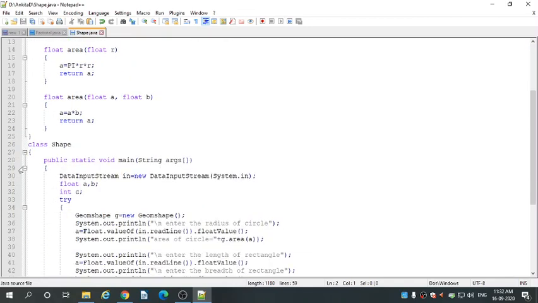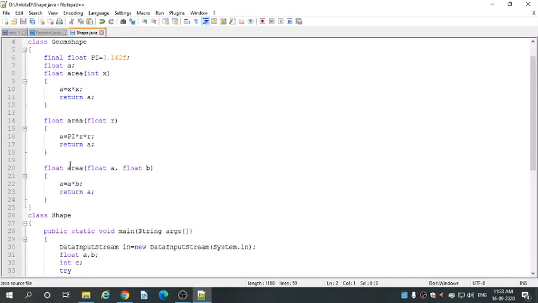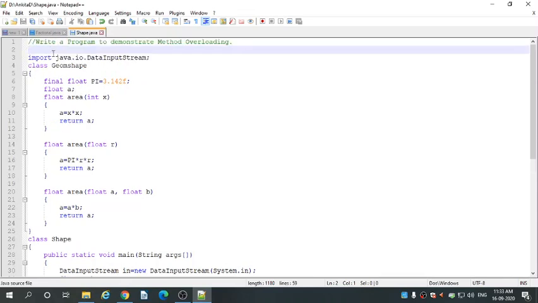And in the second class, we declared public static void main. This is the main method, so class shape is the main class in this program. From this shape class, we are going to call the functions which we have declared in our class geom_shape. Okay, so let us discuss one by one.